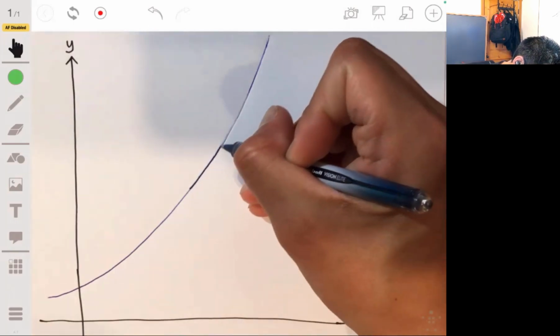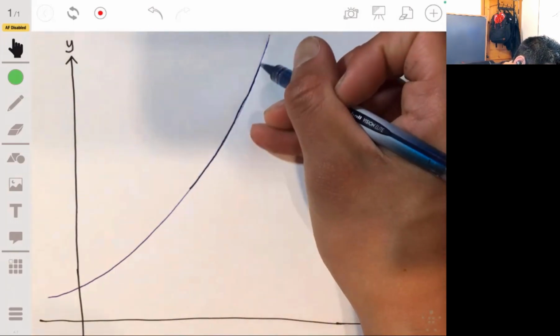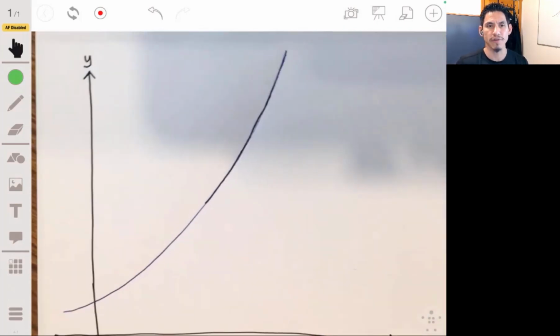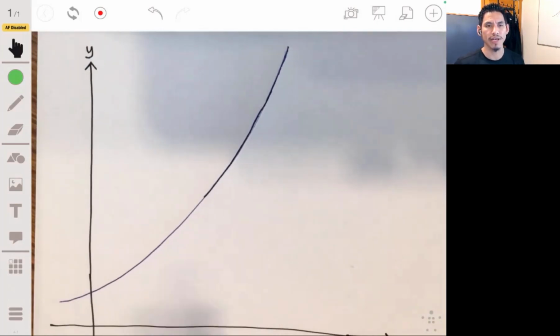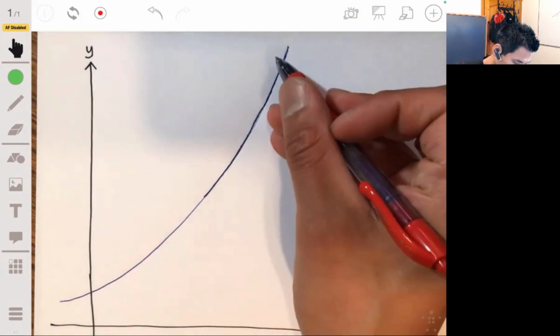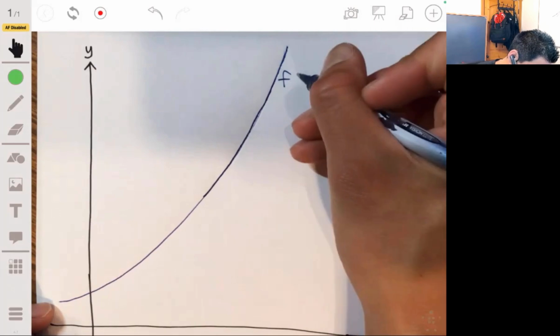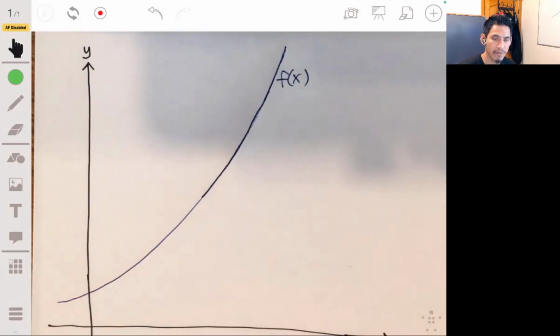Unlike in algebra or up to now in your math lives, we haven't really had a way to figure out how curved lines behave. Linear equations or straight lines are very simple. We had a very straight up slope. But if we want to find the rate of change of this function right here, let's call it f of x, what we have to do is